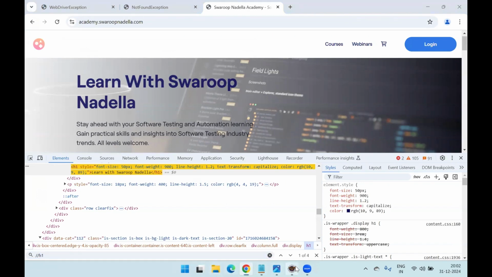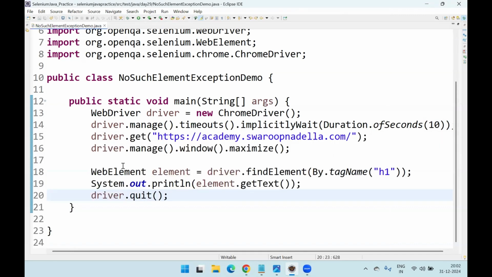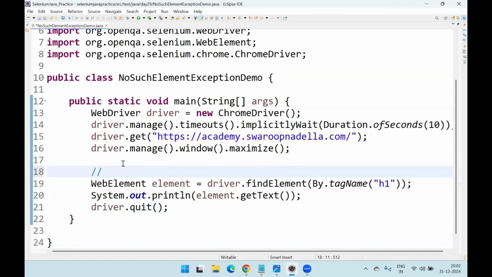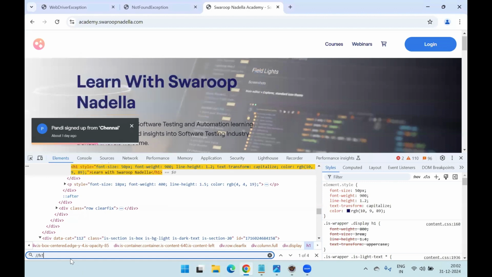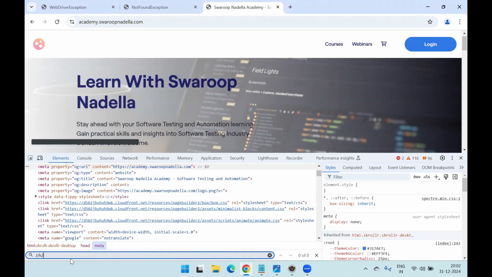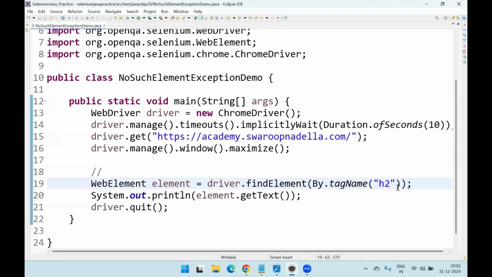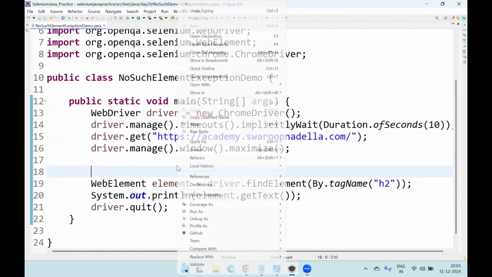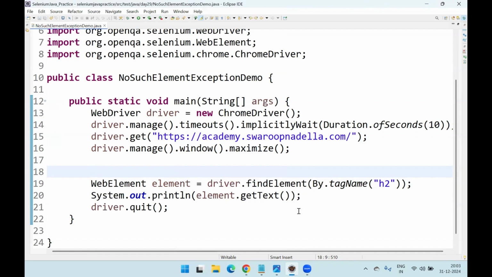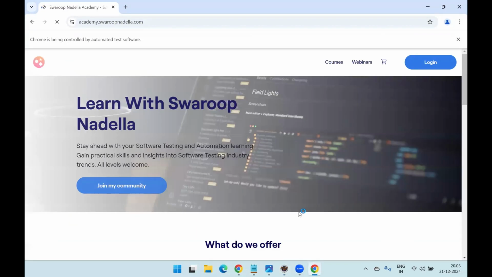and in case instead of this h1, suppose development has in future changed it to h2, then what happens? So here h1 is there, but if it is updated to h2 or h3, let's take h2 I am having initially. So h2, double slash h2, let's try double slash h2, 0 of 0 is coming. Let's assume that initially the tag name is h2 in the web page and it was updated to h3 or h4. So h2 initially it was working, let's assume, but now if I execute it, it will be throwing no such element exception,